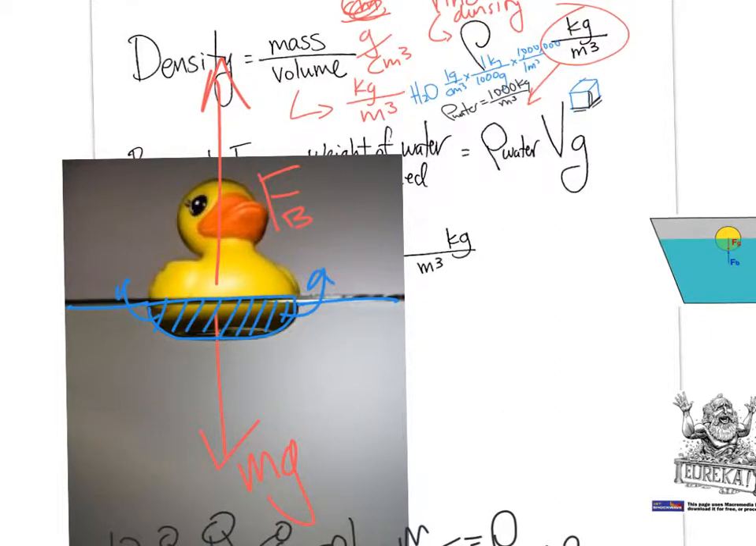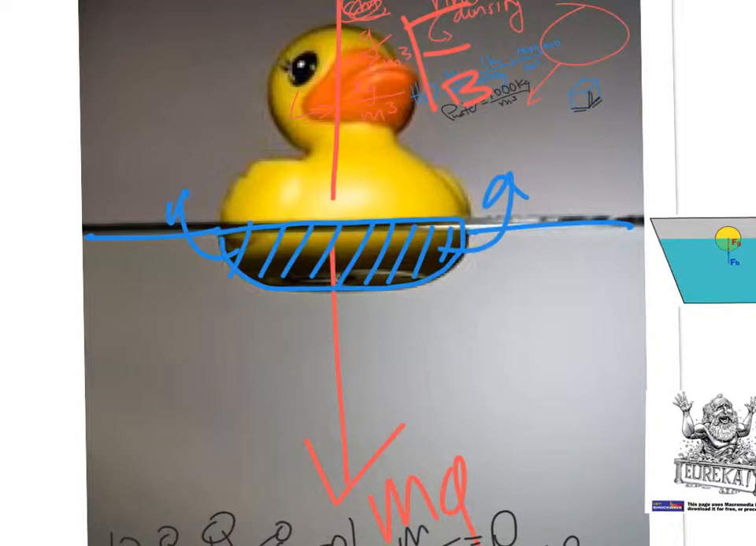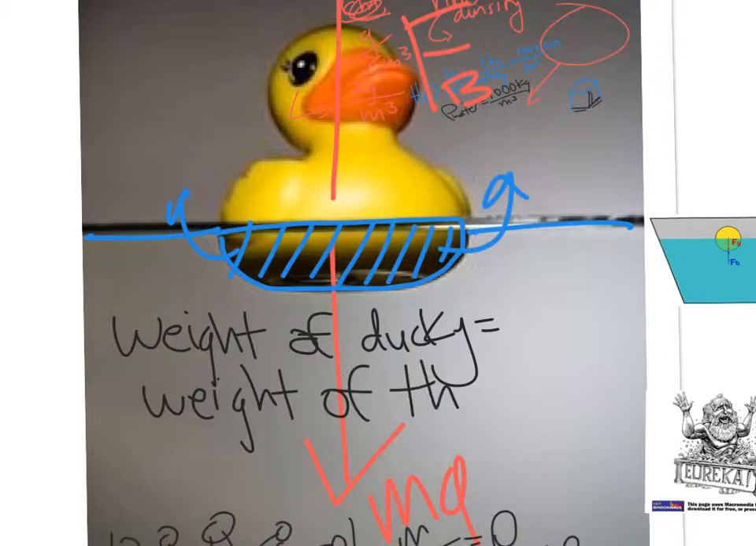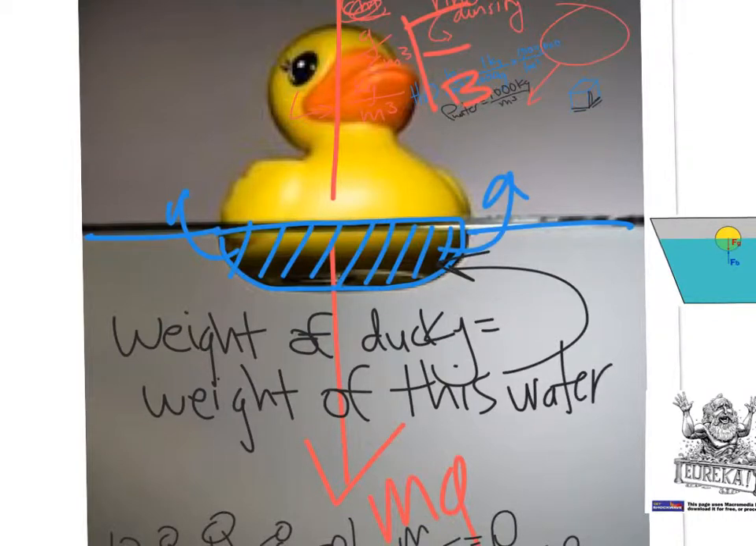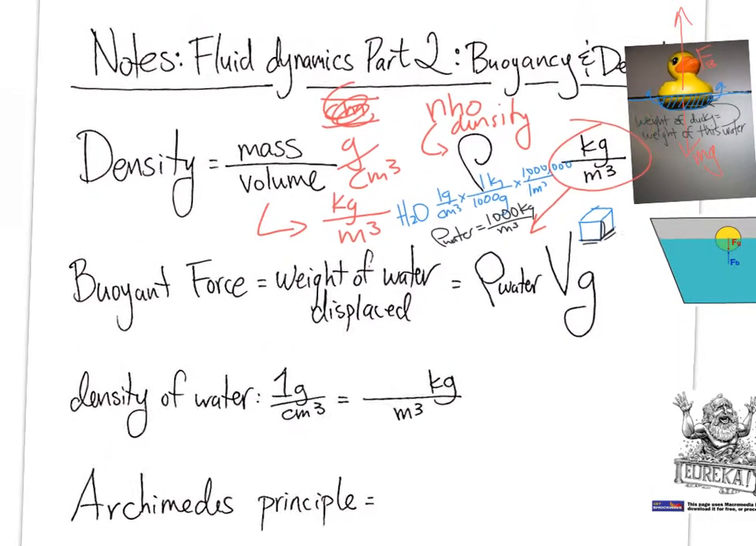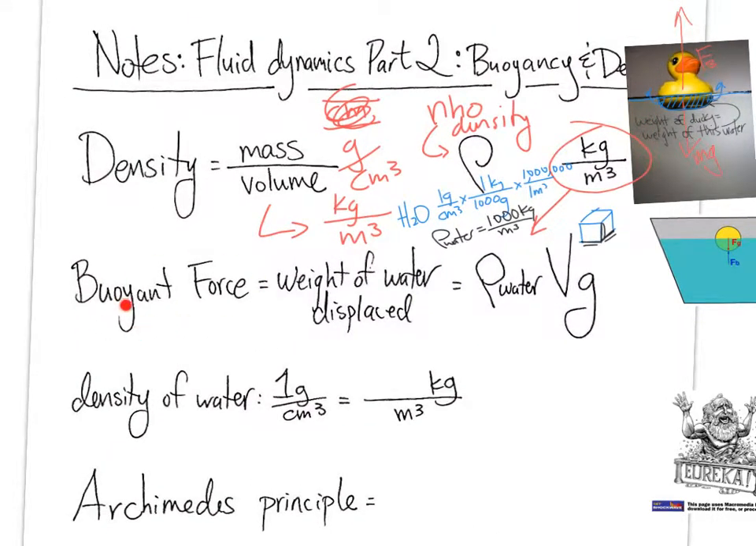I wonder if I could write that. I bet I could. Okay, so weight of ducky equals weight of this, and by this we mean this, water. Key concept. If you got that, you can do these buoyancy calculations. So here's that in formula form. The buoyant force is equal to weight of water displaced, and the weight of the water is equal to,